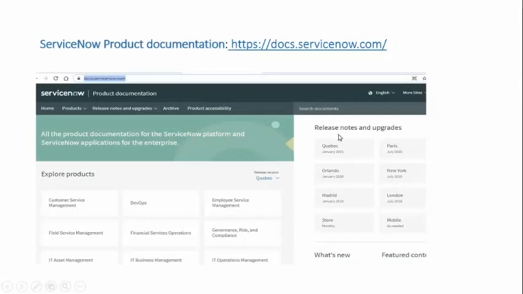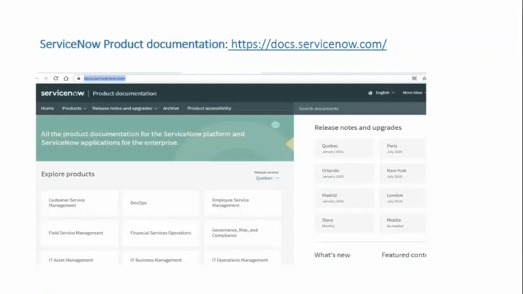ServiceNow has release notes and upgrades. Within every 6 months, ServiceNow provides a release and upgrade to the instance. Like in July 2020 we were using Paris, but it has since been upgraded, with a Quebec upgrade in January 2021.